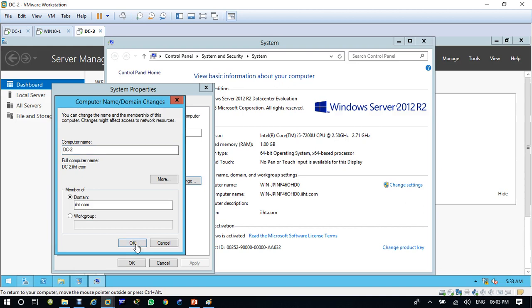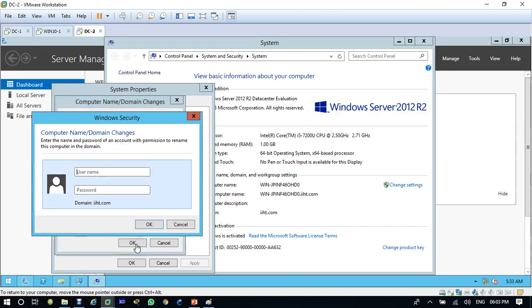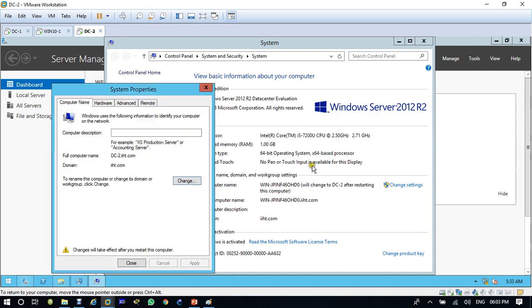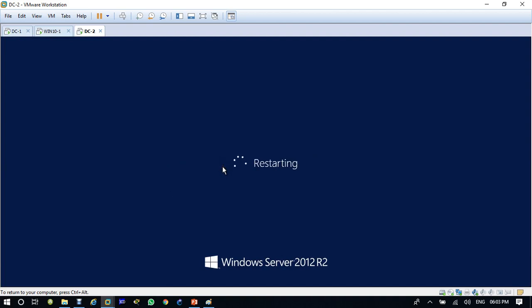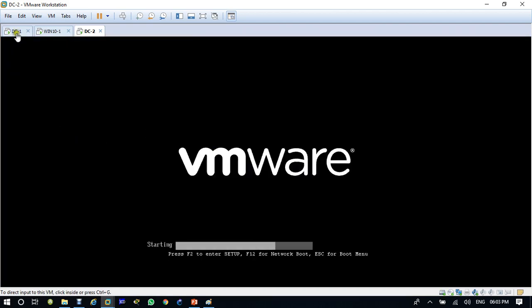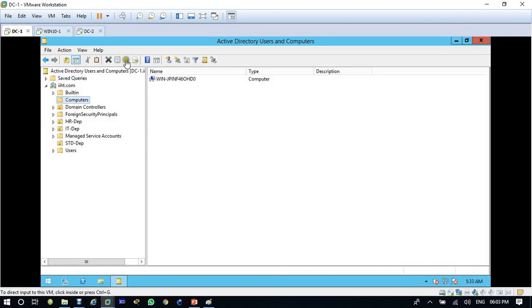Again it asks for the username and password of the domain. It has restarted now. Now you refresh, it will be changed to DC2.